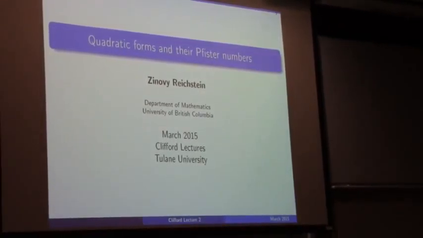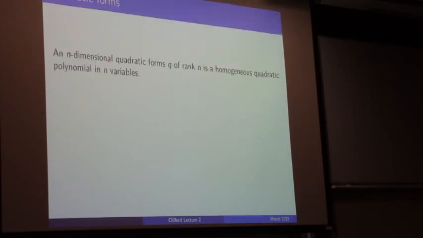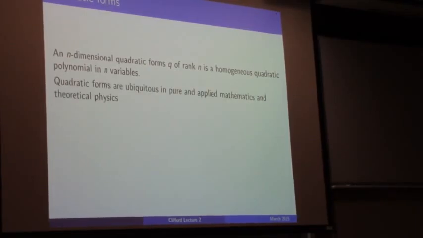Okay, so my topic today is quadratic forms. So let me just begin by reminding you that an n-dimensional quadratic form is a homogeneous quadratic polynomial in n variables. So quadratic forms